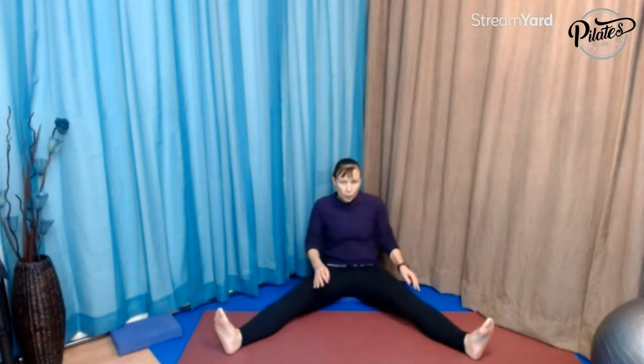Taking the hands either behind you or to the side. And I just want you to sit tall and feel the stretch of those inner thighs. Now, for those of you that are already a little bit back here and having to push yourself forward, that's going to be enough. Anyone who's finding that easy can, which will tend to be those who stick their bottoms out,